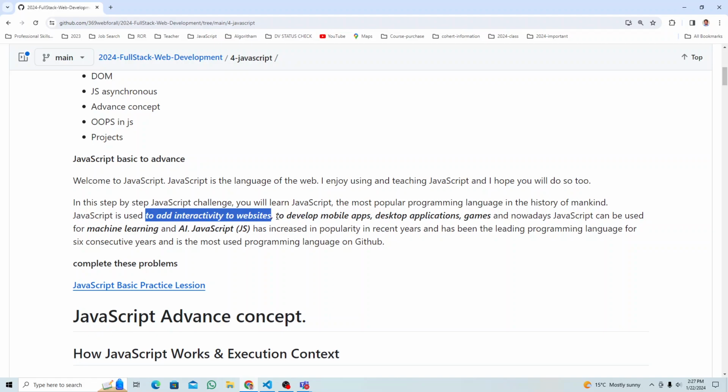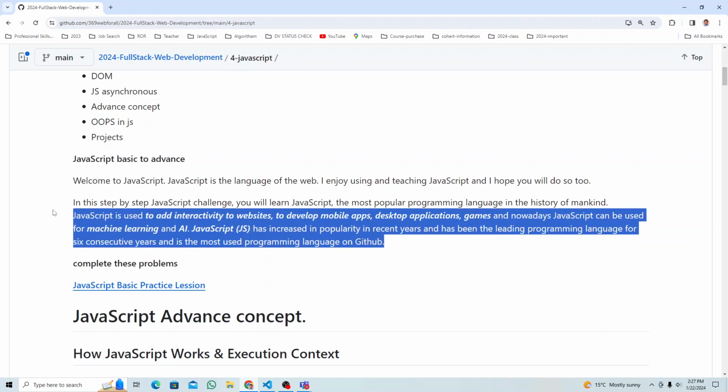And that's why React comes into play, right? React is built on top of JavaScript, okay? React uses the programming language JavaScript to develop mobile apps, desktop applications, games, right? Nowadays also for machine learning, AI, all these things use JavaScript, okay? In recent days, the popularity of JavaScript has increased for the last 6, 7 years. JavaScript is one of the top programming languages and the most used programming language on GitHub also. Okay, so